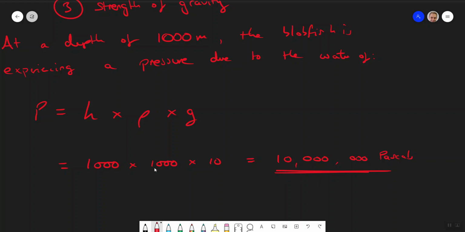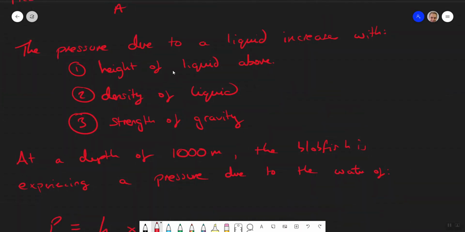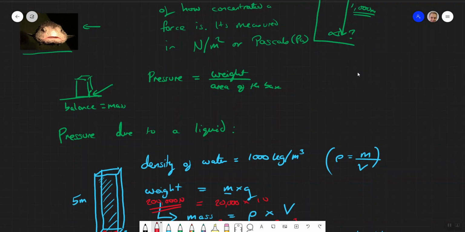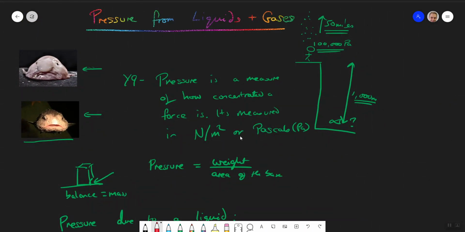And that is why the blobfish looks so different when you take it to the surface. Its whole evolution has been designed to deal in this kind of weird area, experiencing about 10 million pascals. And instead we've taken it to just 100,000 pascals. We've reduced the pressure on it by a factor of 100. And that reduction in pressure, from going from 10 million to 100,000, is